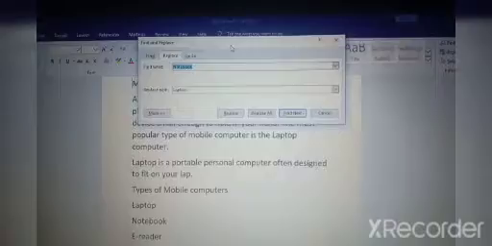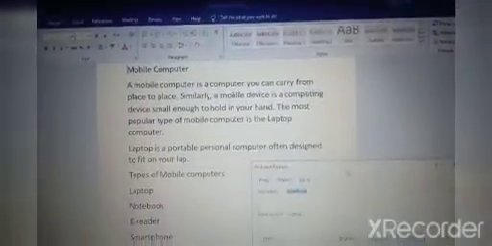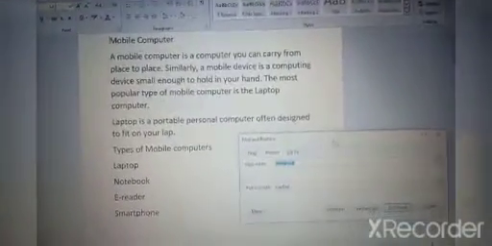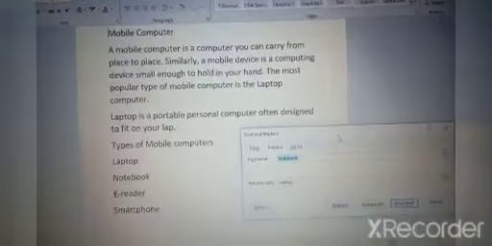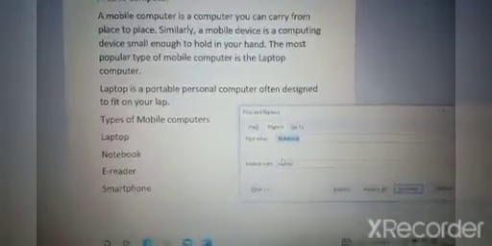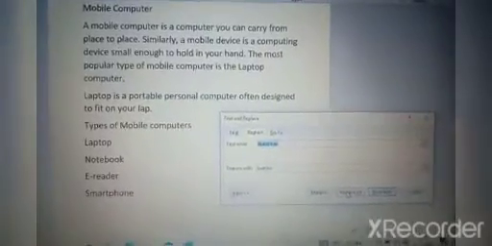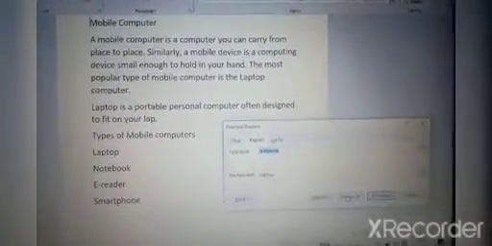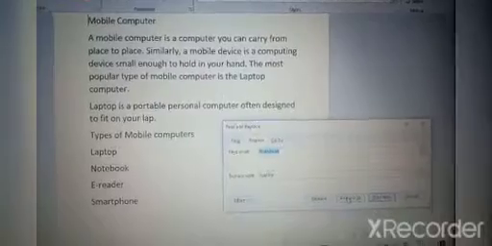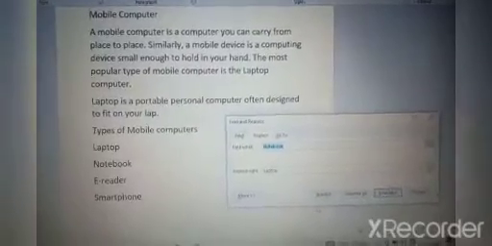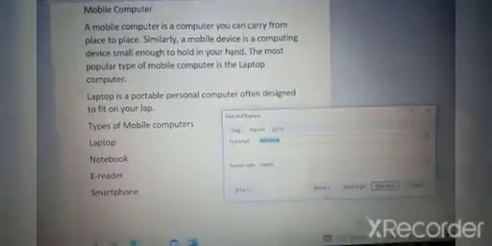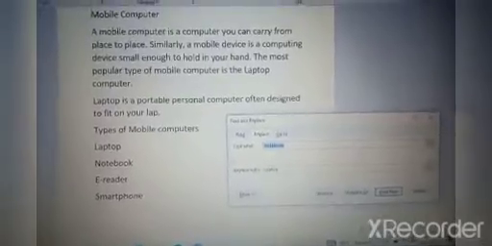In this window you type what you want to replace, and then you can replace it with that word. Find what, replace with. If you do replace all, it will change all the words. If you don't want to replace all, you just click find next, replace, find next, replace. Understood children? Fine.